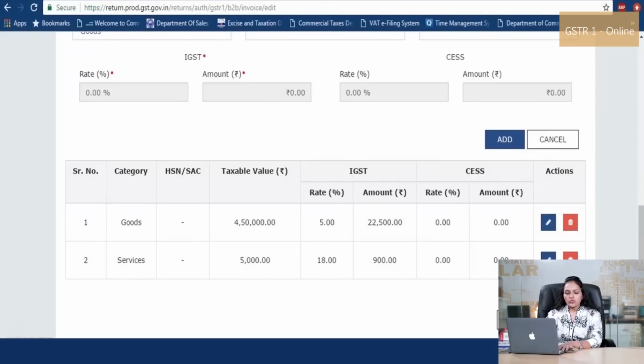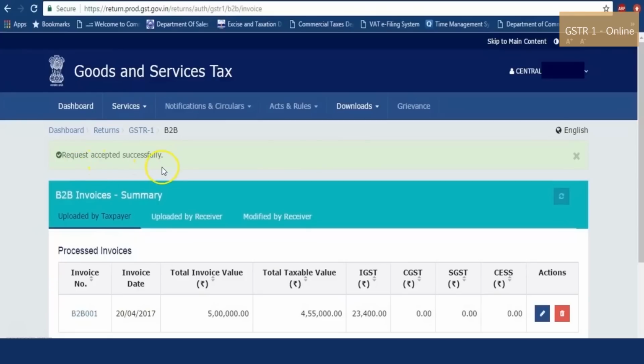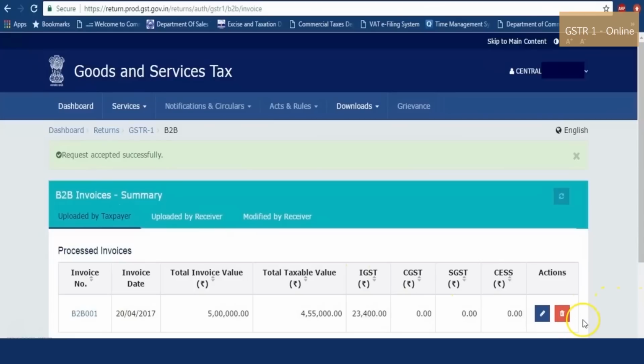invoice. Next window that opens up is B2B invoice summary. It says request accepted successfully. In case the user wants to edit the details entered in the invoice, then the user can click on the edit button as shown in this image. The user may also delete the invoice if it does not want to upload any particular invoice by clicking on